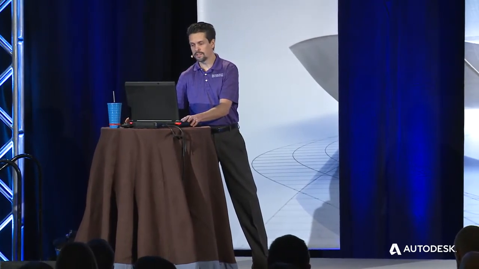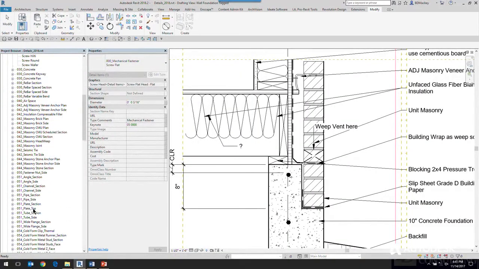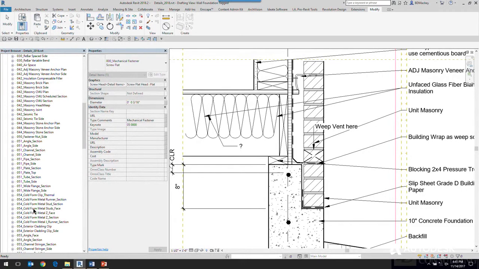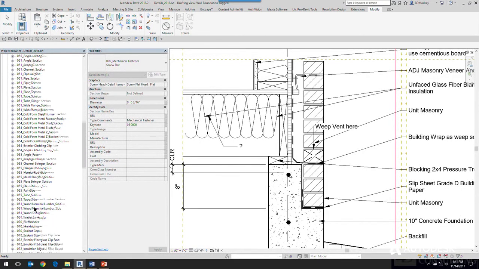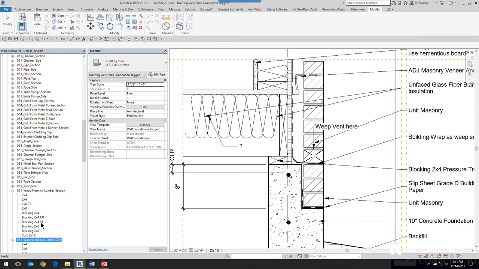So the question is, why type comments as opposed to the family name? My type name is going to be this. I could use the family name here, and you can do it however you want, family name would work fine. But when I start looking at nominal cut lumber, a lot of times people in their family names will start getting really, really descriptive, like, oh, I want to call this post tension FRT, and I don't want that to show up in the tag. So yes, family name is absolutely something you can use, but I see people really, again, based on the